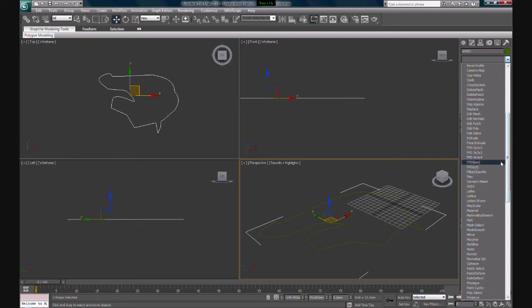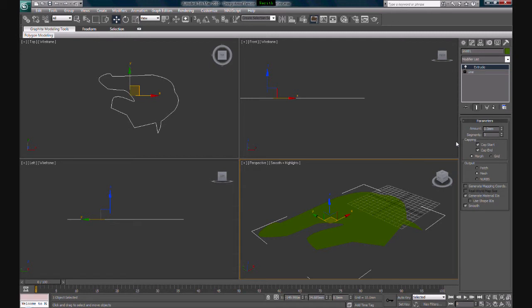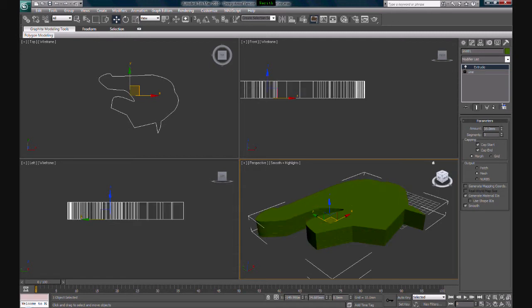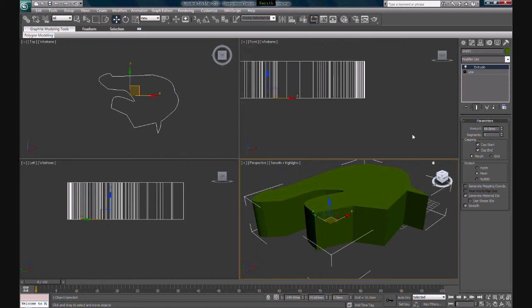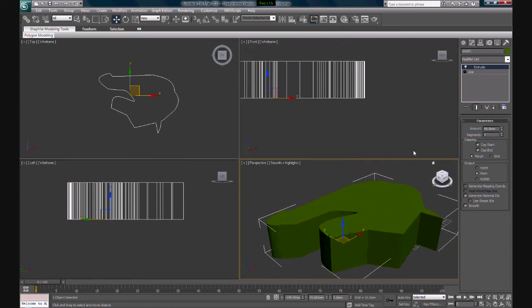I've already shown you this method in the previous tutorial. Let's extrude. The amount means height, so you can always increase the amount. Basically it extrudes the shape of the line,